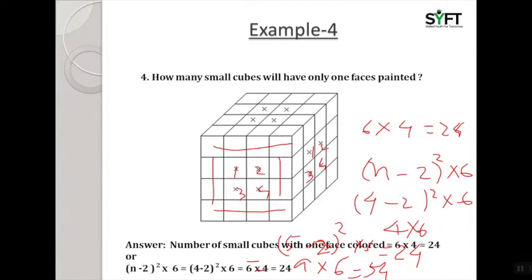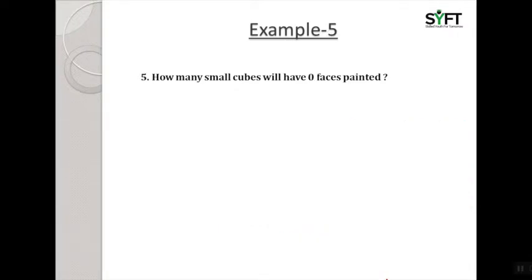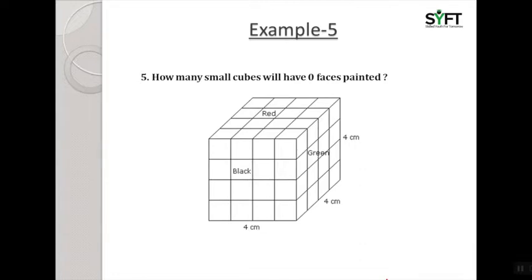Let's go to the next example where how many small cubes will have no face painted or zero faces painted. If we see here, pretty much every surface has been painted. So the only ones not painted are these 4 which are inside, behind these 4, hiding behind these blocks. So if you find out, those will come out to 4 plus 4, 8,